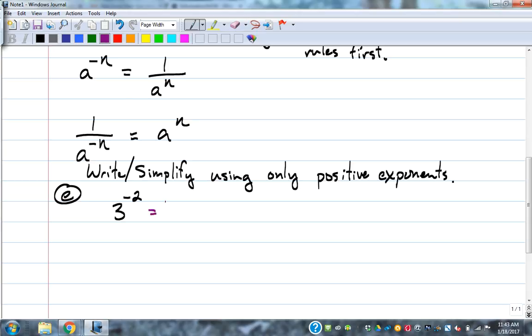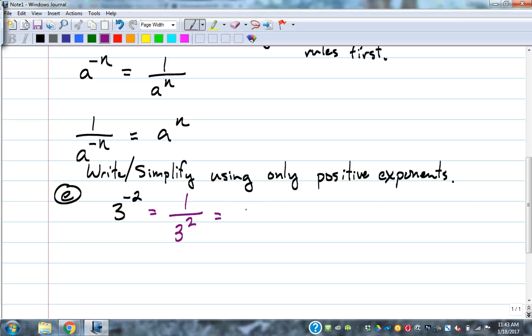3 to the negative 2 power. There's no other exponent rules to do. Like as far as, there's not another base of a 3 that we would add exponents with that we're multiplying by or anything. There's no division going on at the moment. So we want to go ahead and just move this to make that a positive exponent. All right. So if there's nothing in the denominator there, we can assume that this is the numerator. To make it a positive exponent, it's going to go to the bottom, which will be 1 over 3 squared,